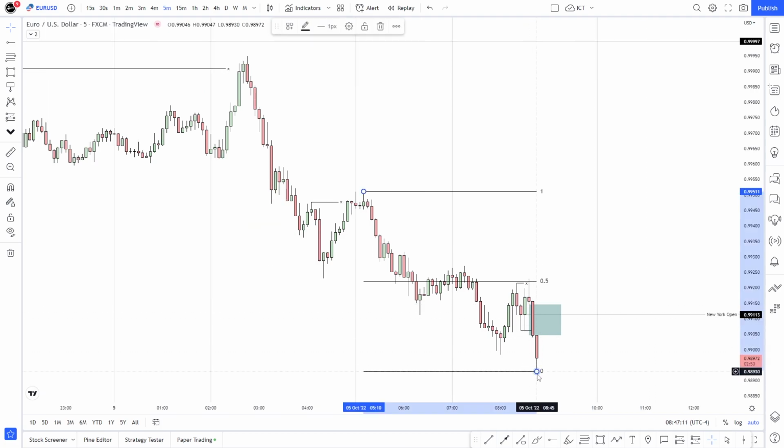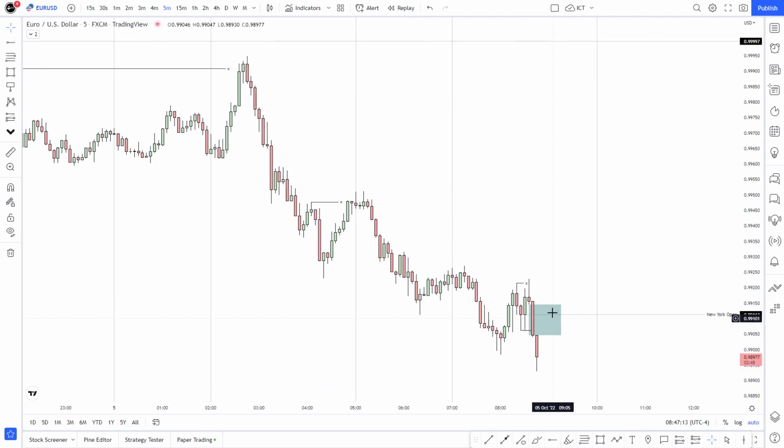Thing is that if price creates this fair value gap, this 5-minute fair value gap, and trades back into it, I'm going to be looking for sells in lower time frames, and that's really all that you need to know. I've got the price alerts. Let me delete this one. Cool. All right, that's really all that I can do at the time.